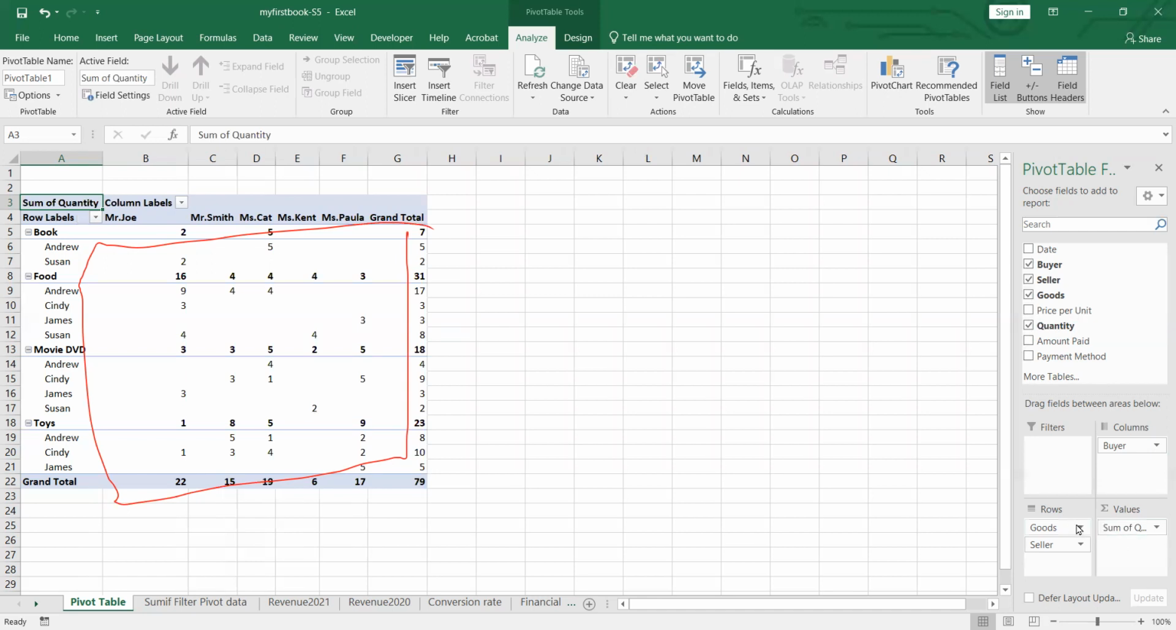You can see that each cell has a value that represents the sum of the quantity in each cell. For example, let me read the pivot table here. For book,